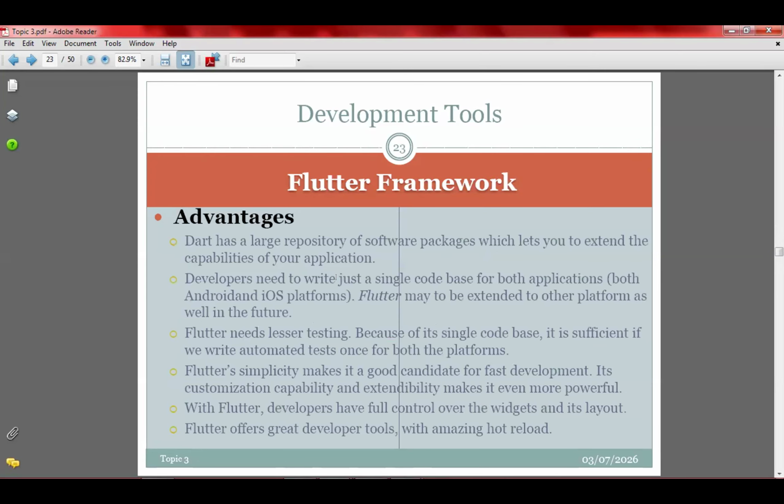Okay, let's go to some advantages of Flutter. Flutter has a large repository of software packages, which lets you extend the capabilities of your application. Now, Flutter uses a lot of what you call application programming interfaces, or APIs.